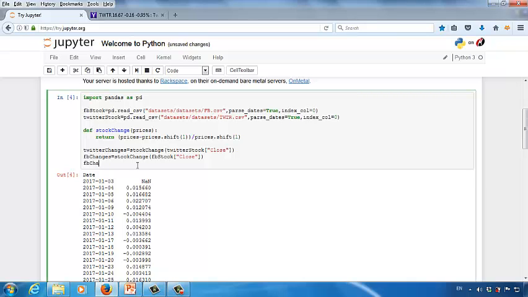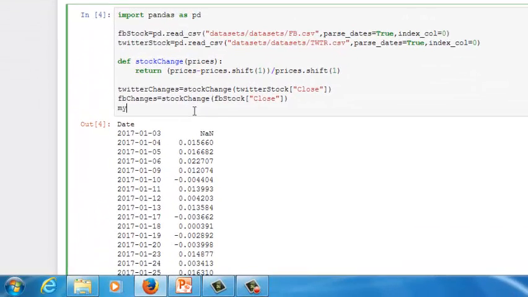Let's remove FB_changes. Let's create a new variable to hold the analysis result. Let's call this myModel. myModel equals to, when we calculate the beta value, we need to use the OLS function from the Pandas library. It will be pd.ols, parentheses. Between parentheses, we need to specify three parameters. The first one is y. y equals to the variable that holds the percentages of changes for the stock you want to calculate the beta